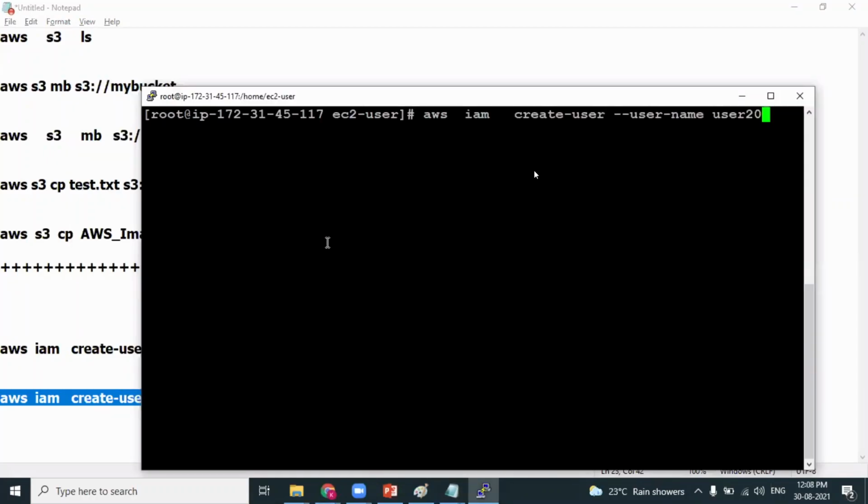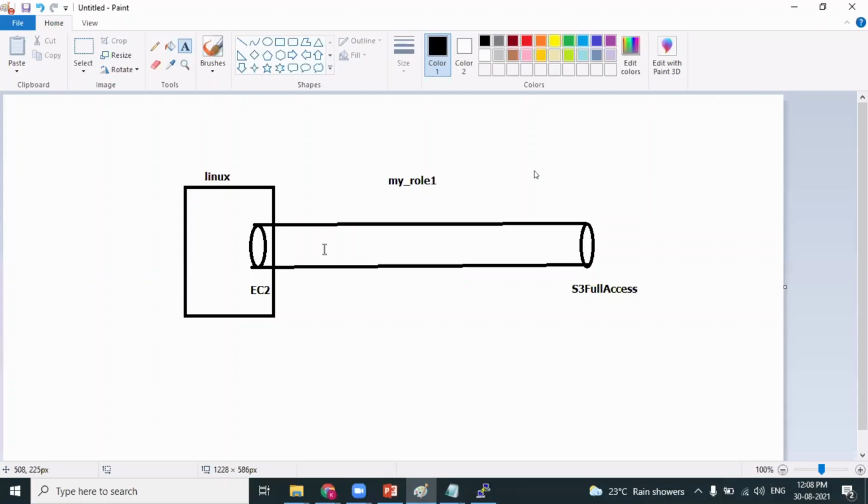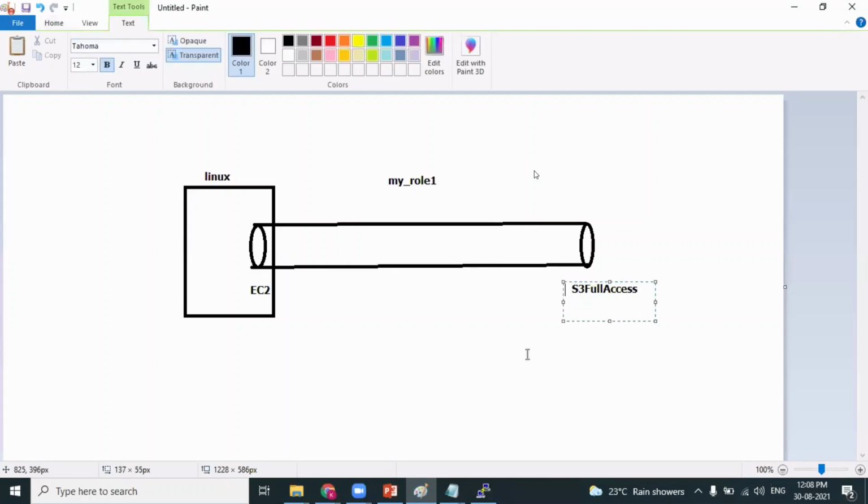When you run this command, what will happen? The user gets created. Do you agree? Right. But this particular EC2 machine has a role attached to it. That role has what access? S3 full access. That means you can only run S3-related commands.